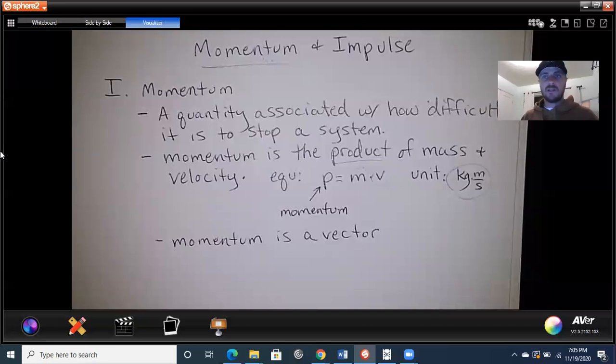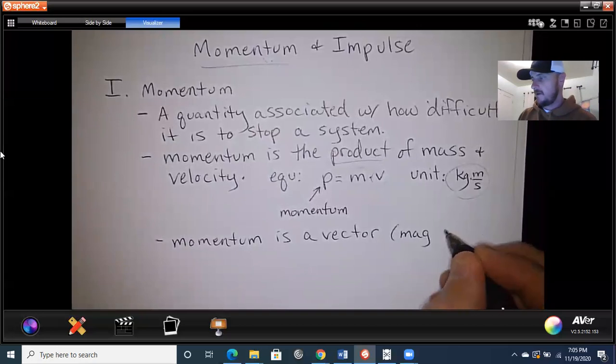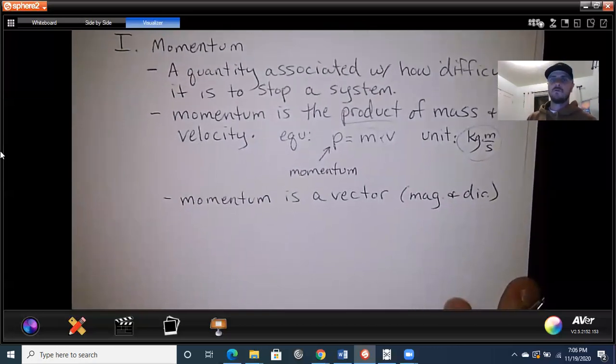I mean, you probably experience this all the time. Have you ever played a game of pool, right? You hit the cue ball at one of the other balls, and it doesn't hit it straight on all the time. It hits it like this, and then they both glance off at angles, and now you're dealing with a two-dimensional momentum problem. But we will only look at one dimension. So it's a vector, meaning it has a magnitude and a direction. All right, cool.